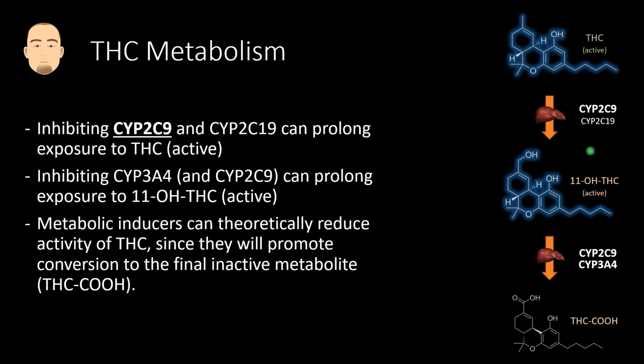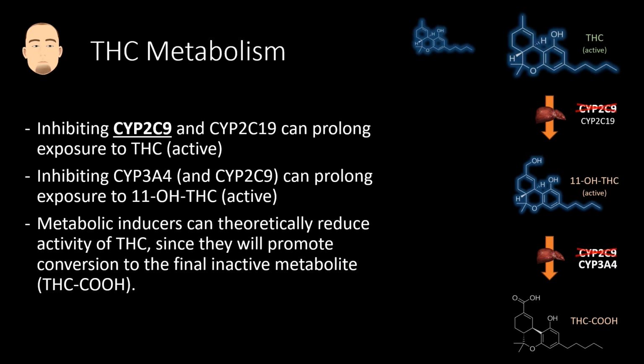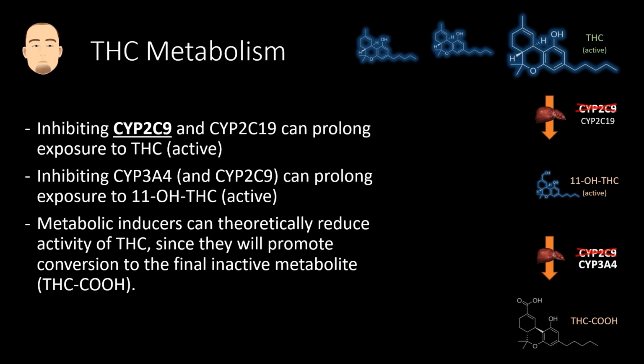We'll produce less of the active metabolite, 11-OH-THC, but because we'll be inhibiting 2C9 down here as well, there may be a balancing act, whereas we'll have less production but then less metabolism. But the net effect is we'll have less of this active metabolite as well, and then less of the inactive metabolite. So basically the whole pathway is going to get slowed down and stuck at the first step,